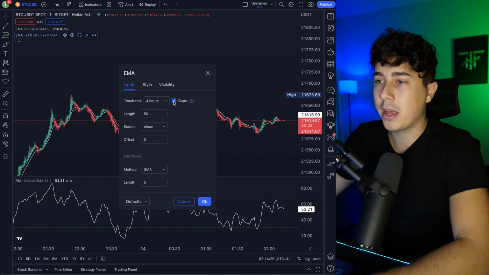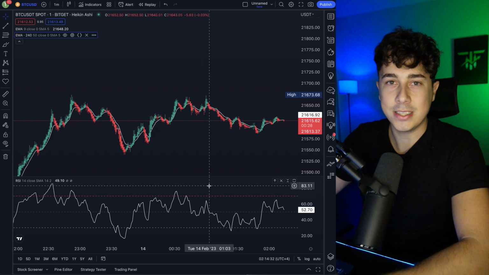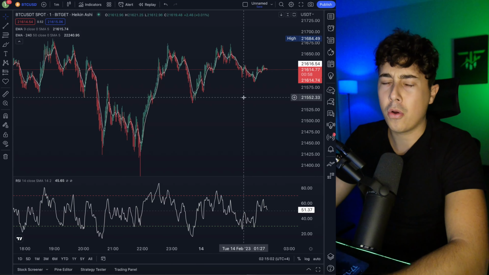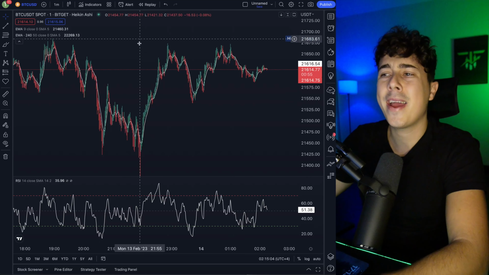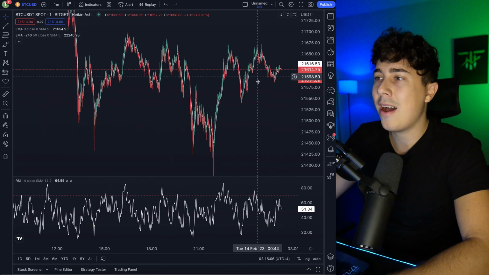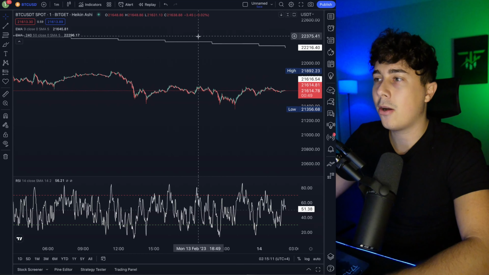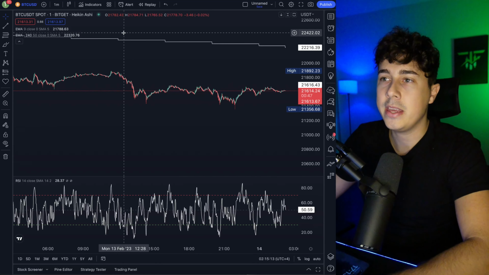Last but not least, we click out here the gaps, click on OK, and the moving average is now built. So after we finalized all our indicators, you ask now, okay, but where is now the second EMA? I cannot see it. And for this, we have to scroll out of the chart here. And as you can see up here, you can see now this white line, and this is now the EMA